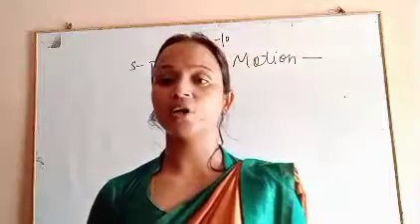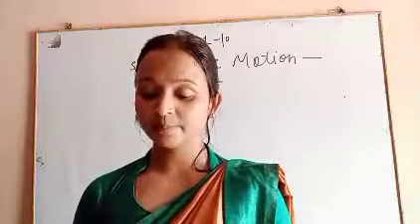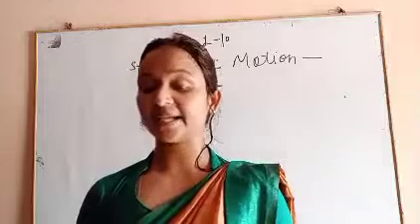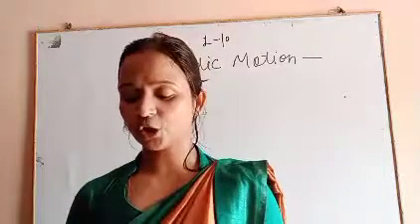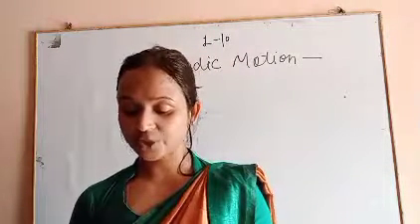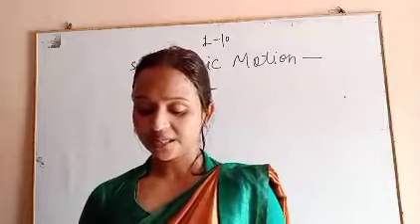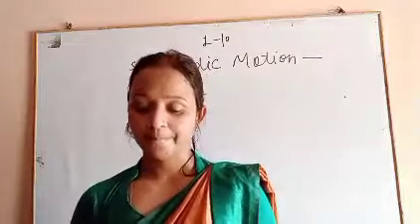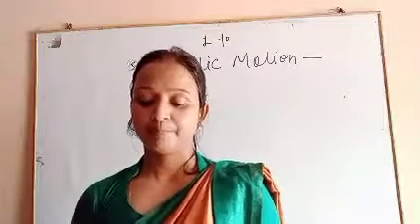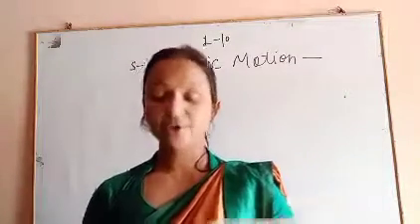What are the examples of periodic motion? The piston of a motor car engine running at a constant speed, the swinging pendulum of a wall clock, the needle of a sewing machine running at a constant speed, the heart of a resting normal person beating 72 times a minute, the motion of a swing, the movement of the lungs during breathing, the earth rotating about its axis in 24 hours, and the revolution of the earth around the sun. So, a repetitive motion which repeats itself after a fixed interval of time is called periodic motion.